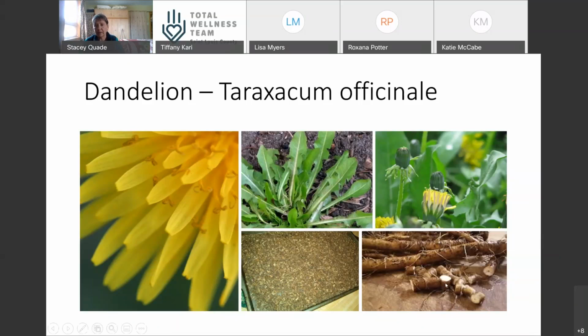Chop that sliced section again into smaller bits, and then dry it in the oven on a rack. You can look up ways to dehydrate things. It's real easy. And then some people will roast it, which gives it a more full, rich flavor. And there's just many, many ways to incorporate dandelion into your life that will help your